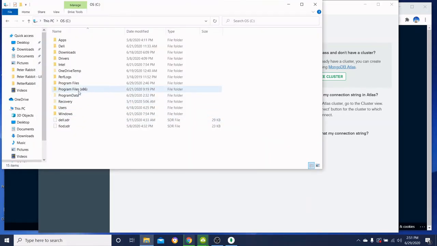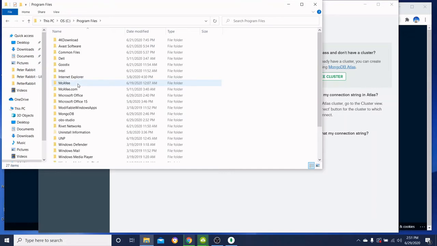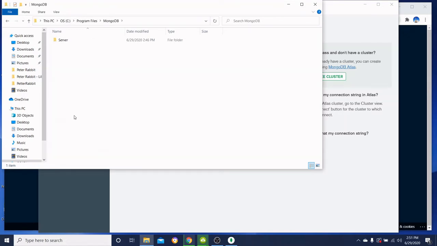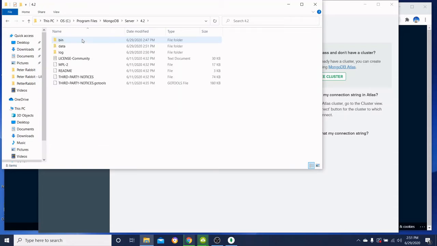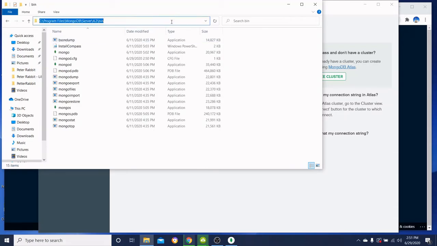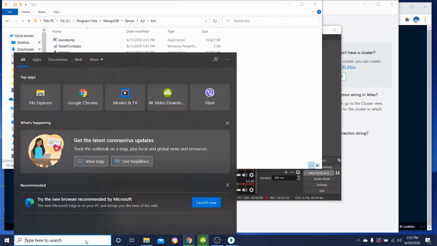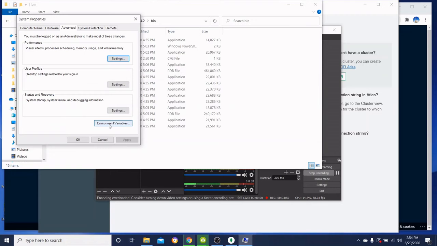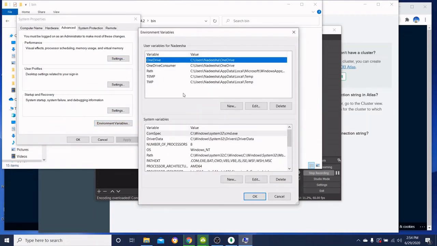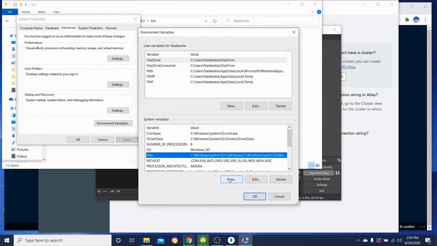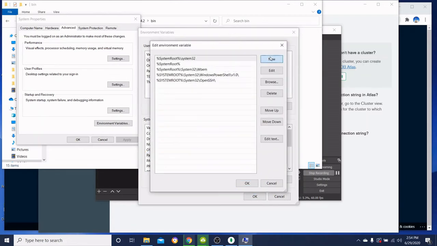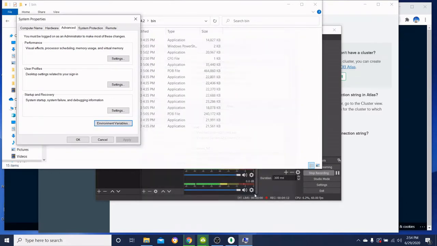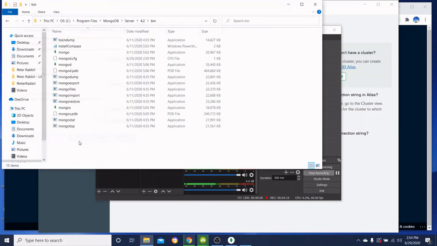Computer, and Program Files. You want to click MongoDB, Server, 4.2, bin, and you need to copy this path first and go to the environment variables. Click open, go to the environment variables and click Path, click edit, click new and paste it in here. Click OK, click OK, click OK,